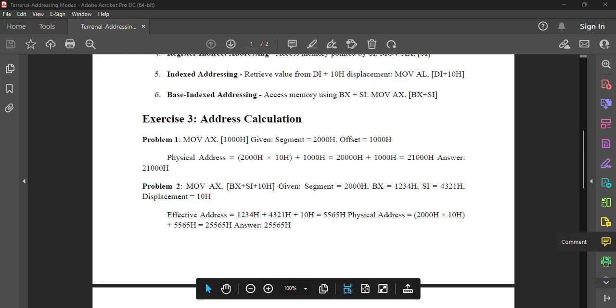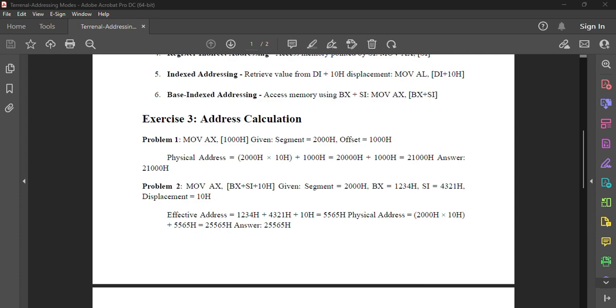Now let's move on to address calculation. Physical address calculation is critical. For the first problem, we multiply the segment 2000H by 10H to get 20000H and then add the offset 1000H for a final address of 21000H. And then for the second problem with move AX, we're going to calculate the effective address by adding BX